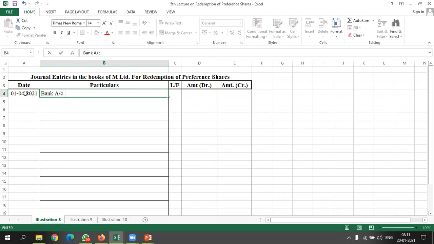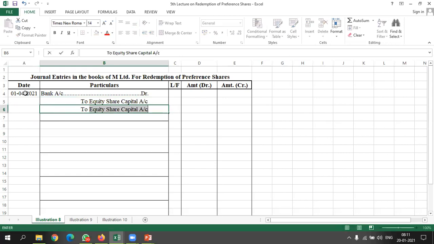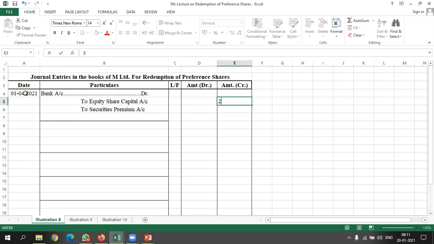Bank account debited to equity share capital account, to security premium account. Okay, so we are issuing 2 lakh rupees of equity shares at a premium of 4%, which comes to rupees